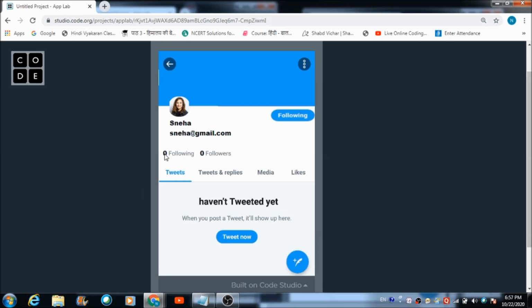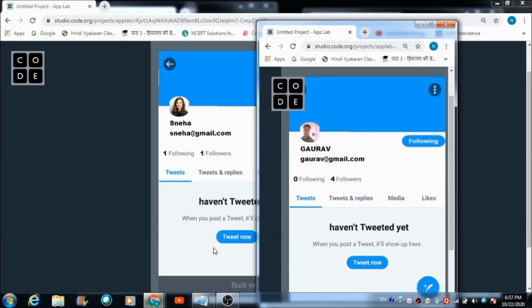So here if we tap on this button, or you can see the text, it should change to 1. It has changed to 1, so it is also working fine. And the number of followers that Sneha has got on her board is equal to 1. So it is right. The number of followers are also getting correctly reflected. Now let's come on,